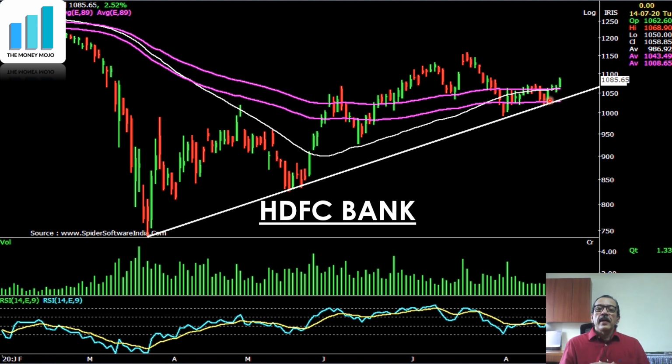So suddenly, after waiting for a long time, you get this kind of confluence and this kind of breakout of this range, and therefore at this moment you would look at HDFC Bank to buy as a continuation trade. Why? Because the trend has been up and now I am expecting the trend to go up further. It is a trade where we have seen that the trend line support has held, and now we are expecting the trend to continue. So this is a continuation trade that we are taking in HDFC Bank.